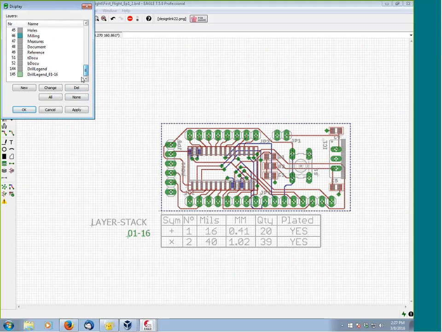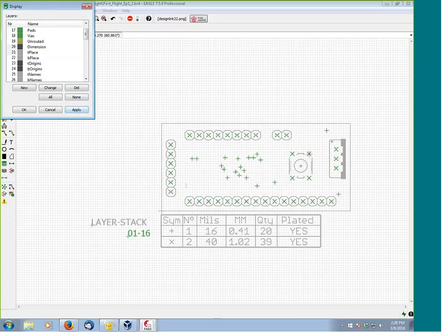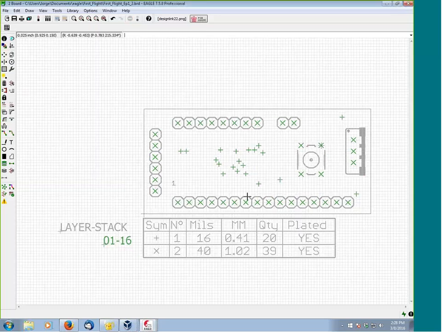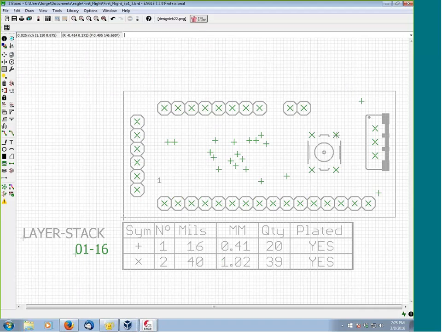We would leave the drill legend layers, which are these here. And is there anything else we would leave? That's about it. We can leave T-place, if anything, just to give a little bit of noise. So we say apply. Okay. We can say OK to that. Okay, and basically what this does is it tells the board house just visually at a glance where all the